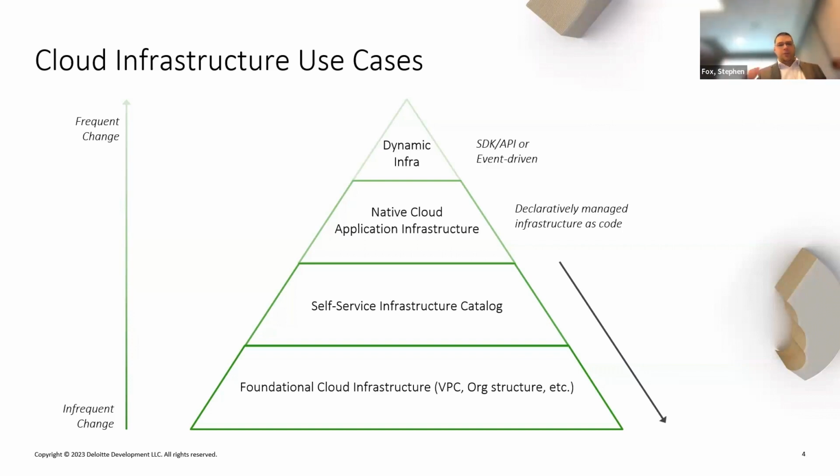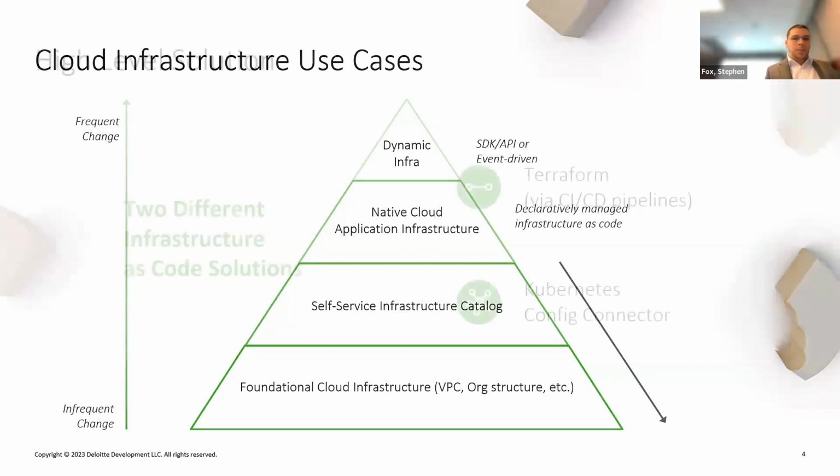So when we talk about cloud infrastructure use cases, most of the time when we talk about infrastructure as code, we're looking at the bottom three layers. But it's also a tempting anti-pattern to want to reuse your Terraform code to do something dynamically. Maybe you want to create an application where you press a button and it spins up some cloud resources for a period of time, maybe a sandbox environment or something. So dynamic infrastructure has kind of an interesting spot here as well. And I'll get into why I bring that up in a few slides when we get to KCC.